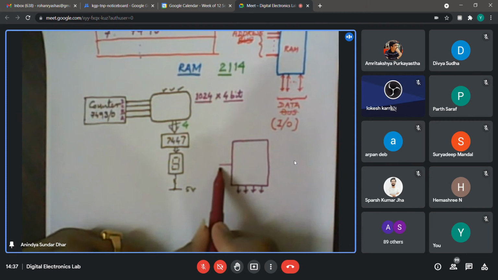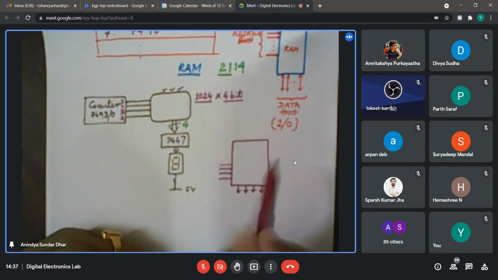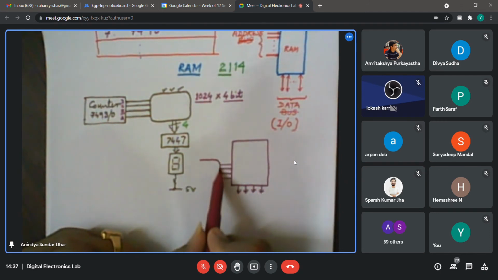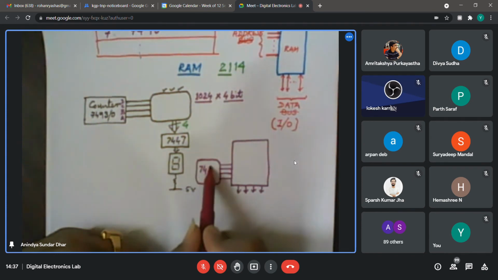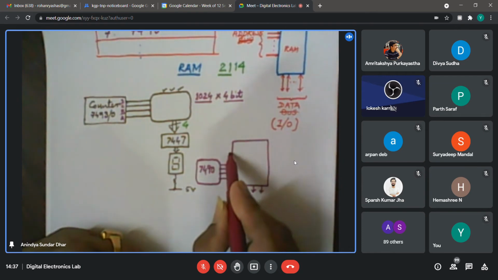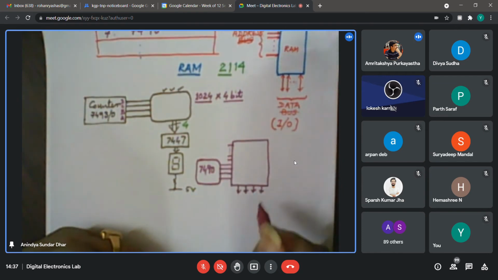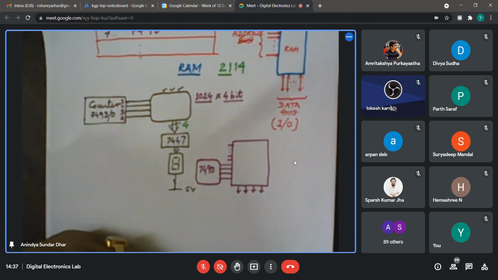But do I need to write continuously your roll number to all the 1024 lines? Suppose here I put that counter 7490. And there are other address lines as well. How many? 4 I have used, so there will be 6 more address lines. So 10 such. Okay, so let us see what will happen.